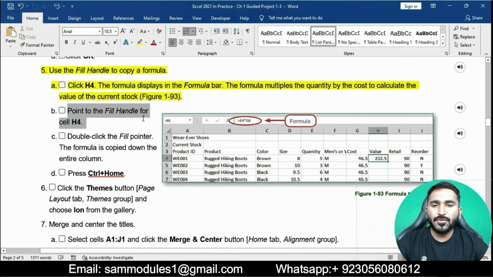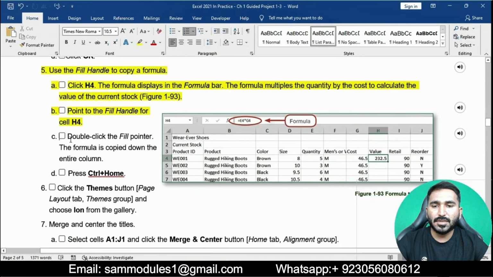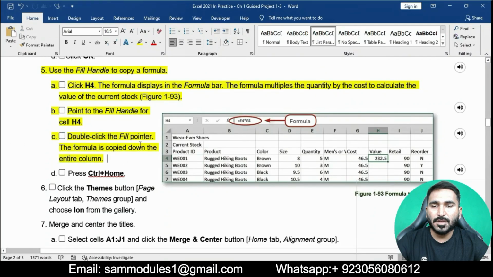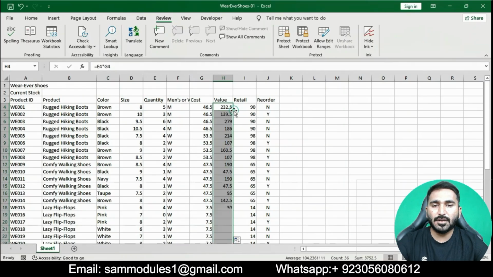Point to the fill handle for cell H4 and double-click the fill handle. The formula is copied down the entire column.